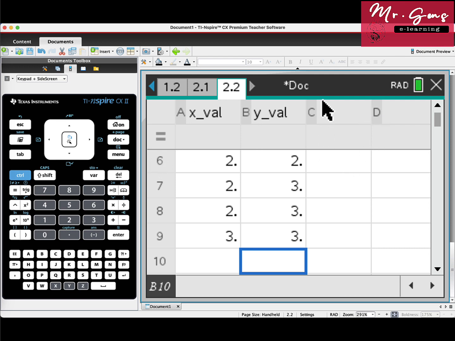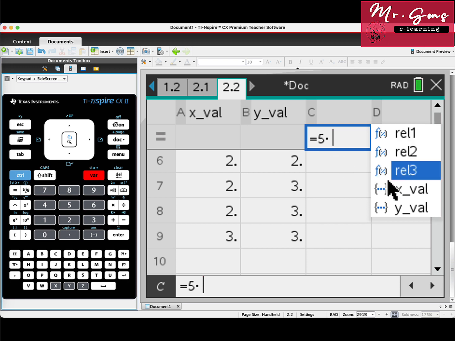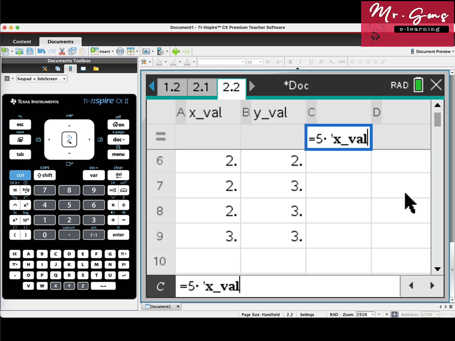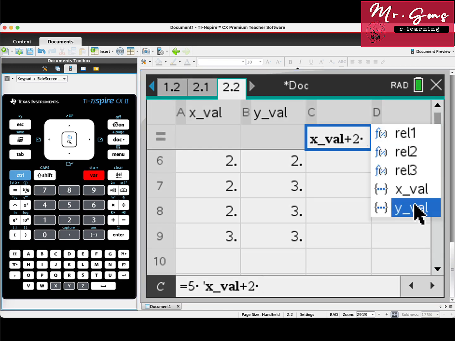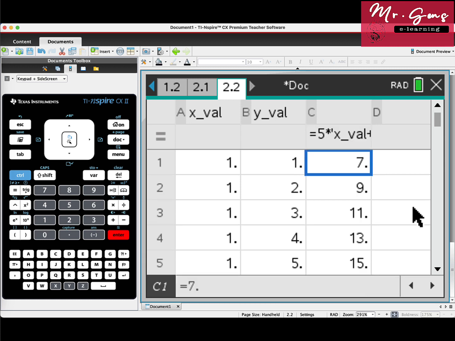If you click on column C, the gray area that's called the formula bar, and start typing an equal sign, you can write 5 times, and if you press variable, you will see the title of column A. You can select x, then keep writing, plus 2 times, again press variable. This time select the y variable. So we typed our expression 5x plus 2y here, and when I press enter, we will find all 9 points